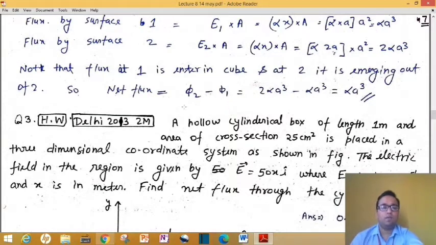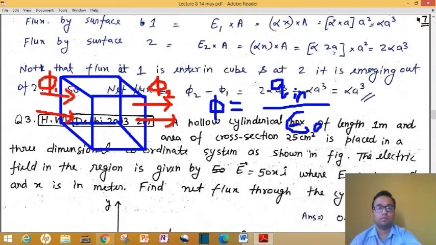For this we have to write that total flux phi equal to, so look here, I told you that we can calculate electric flux by two methods. Method number 1 is what? You can say mathematical approach, and second was Gauss law. By mathematical approach we have calculated our answer, that is alpha A cube. Okay, and that phi we have calculated. Now phi we can also write this flux equal to Q inside upon epsilon naught.